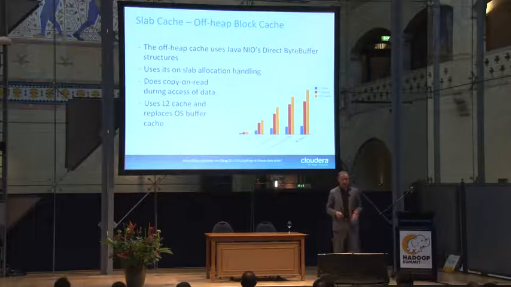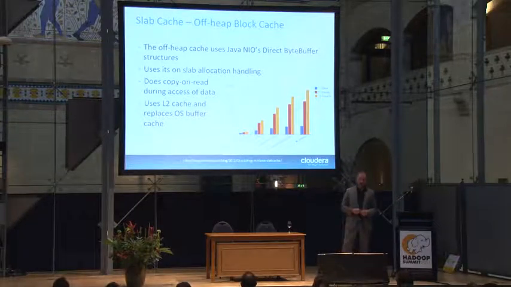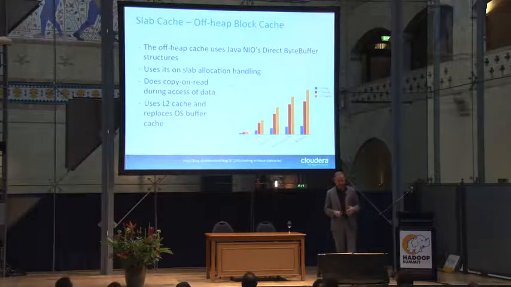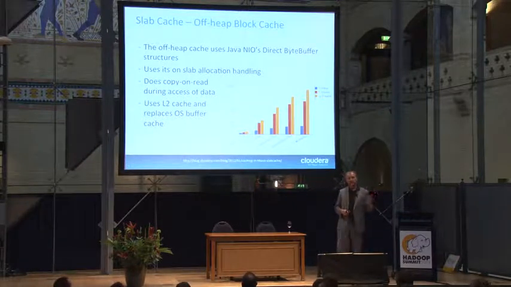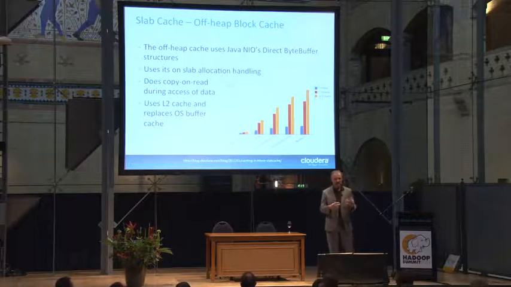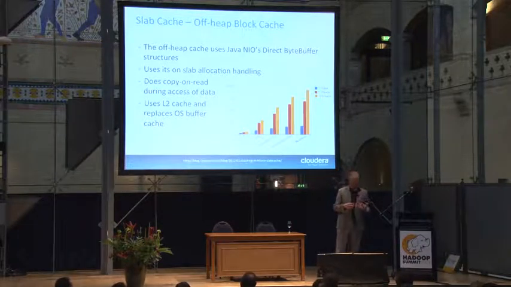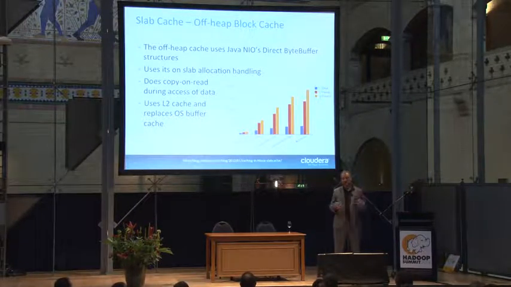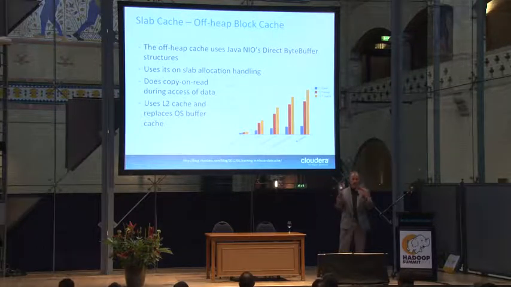The other thing that went in, this was the last thing I wanted to mention, is the SlabCache, which is interesting. We added an off-heap block cache that allows us, using Java NIO's direct byte buffer, to not load all of the data that we get from disk into the Java heap. Because those who have used Java under stress know you do not want to run into garbage collection pauses, and eventually you typically do, because your heap fragments, and if that happens, then eventually you have to stop the world, rewrite the memory, and then free the world again.